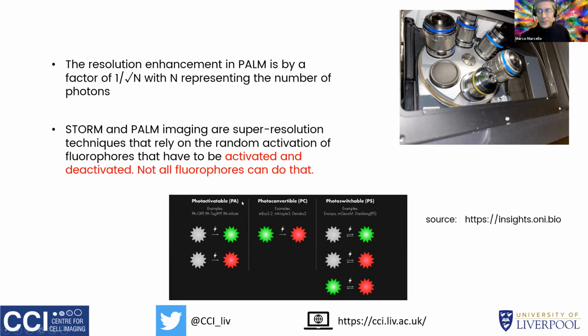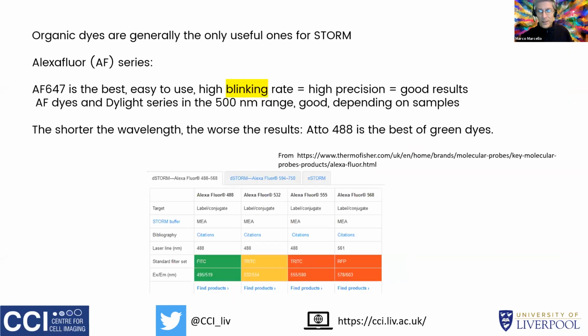So GFP, which is present in many of our ongoing experiments in the facility, the normal GFP, is not something you can photoactivate. Photoactivatable GFP is something that can be used for this technique because it goes from a dark state upon illumination with a 405 nanometer line to a bright state. Then you have some other dyes that are photoconvertible, photoswitchable. When I asked during the training the Zeiss guys what are the best dyes to recommend to our users, the answer was the Alexa Fluor series. So if you have any antibody with Alexa Fluor,